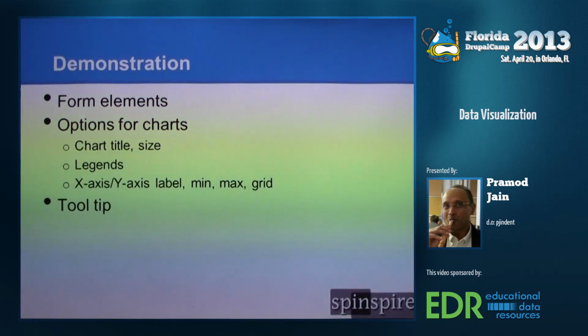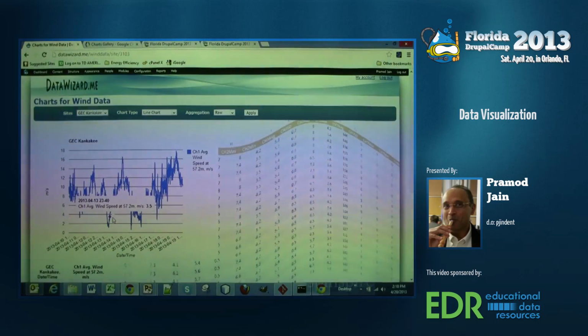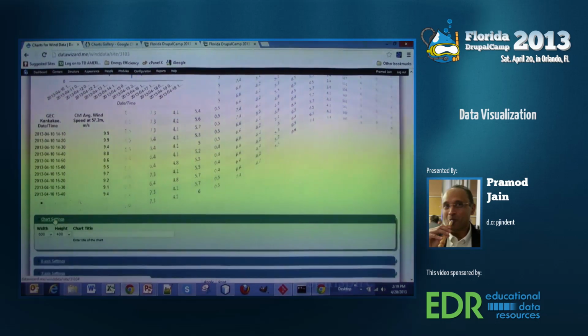And now let me show you how it looks. So through Forms API, we basically create this, where you could be getting data from multiple sites. So this is where you're choosing a site, choosing the type of chart you want to draw, choosing the type of aggregation of data that you want to see. And then there are chart settings for width, height,